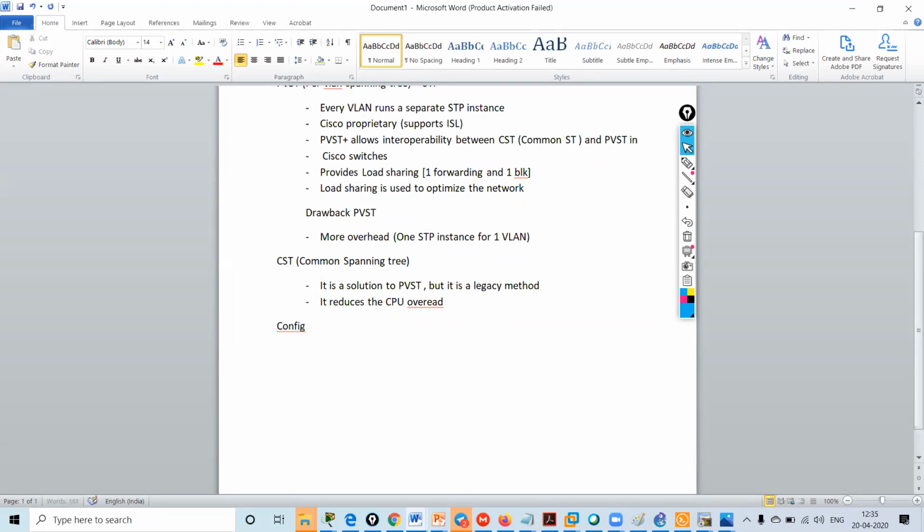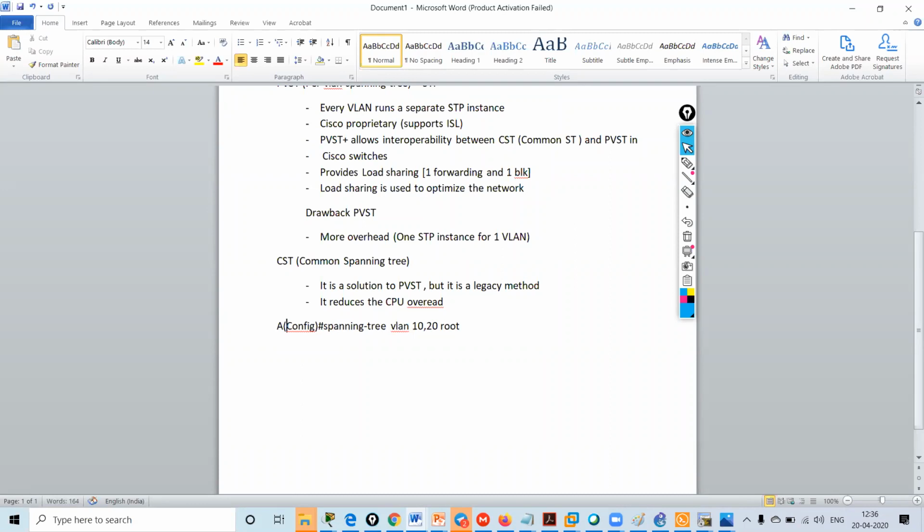In the global configuration mode, we give the command spanning tree VLAN 10 and 20 on a particular switch.